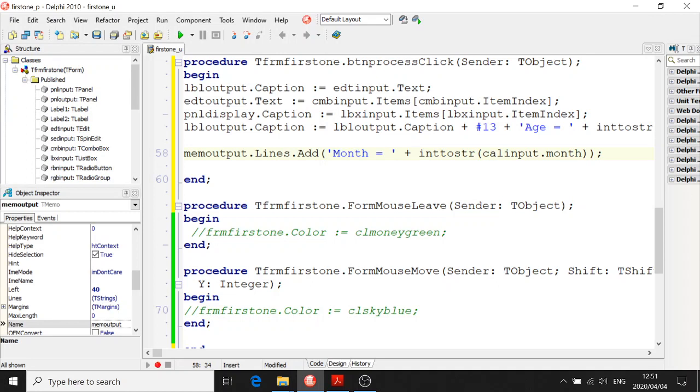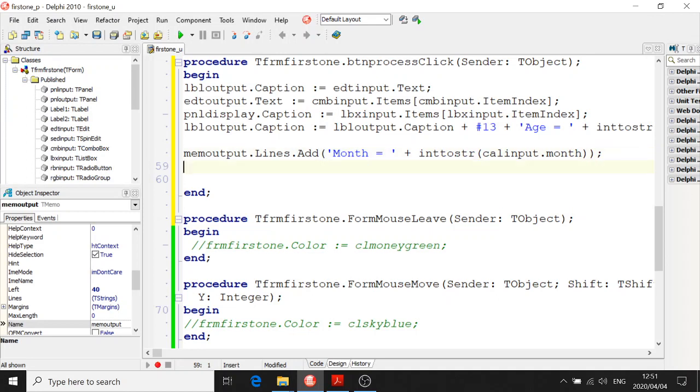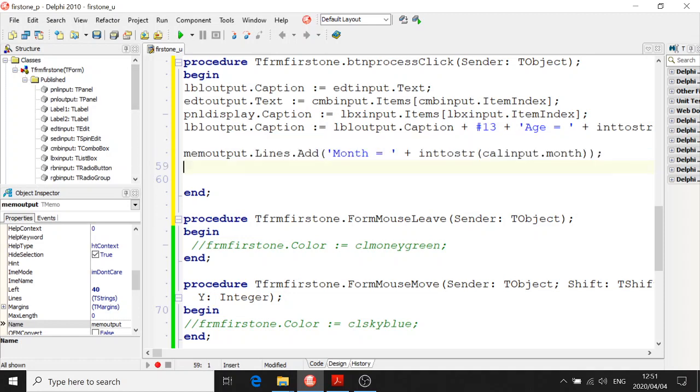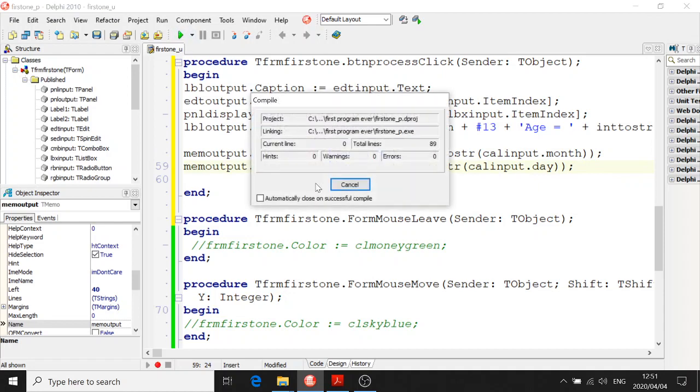So there we go. Now if I want to display the day that is chosen by the user, day equals, and over here I write the word day. Day is an integer, month is an integer. Both have to be converted to string. So when the user clicks on the calendar,